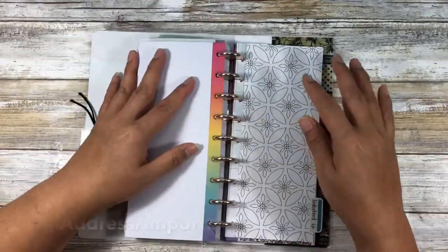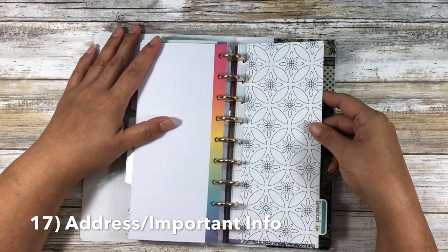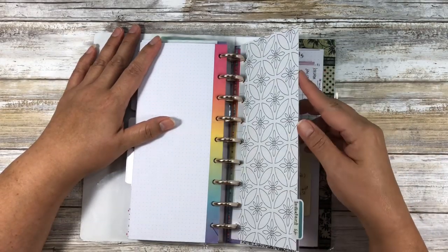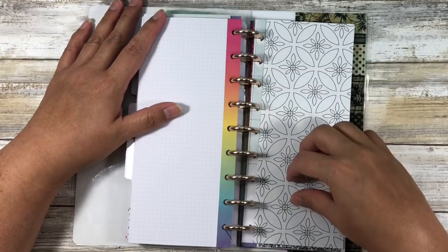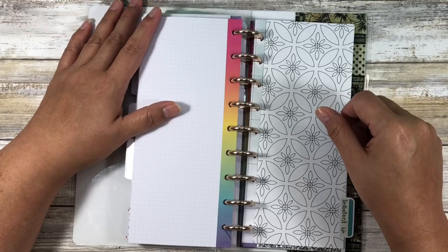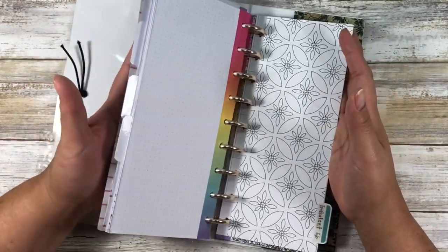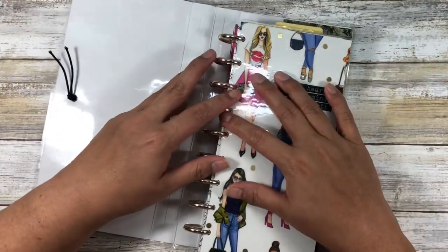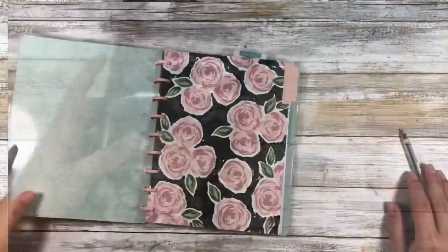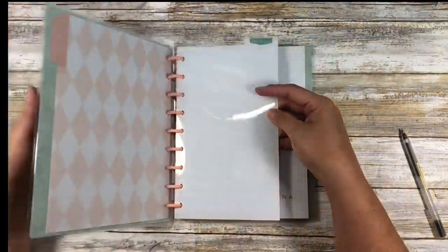And then another way that you can use your Happy Planner, Happy Notes is to keep important information. In this section, I have the monthly bills that I pay, as well as some important confidential information. And because this is always with me, I can keep that secure, but also I have it when I need it. Another way you can use your Happy Planner, Happy Notes is in this one,